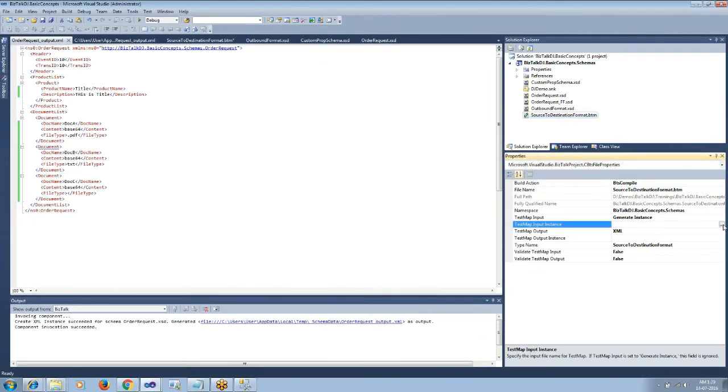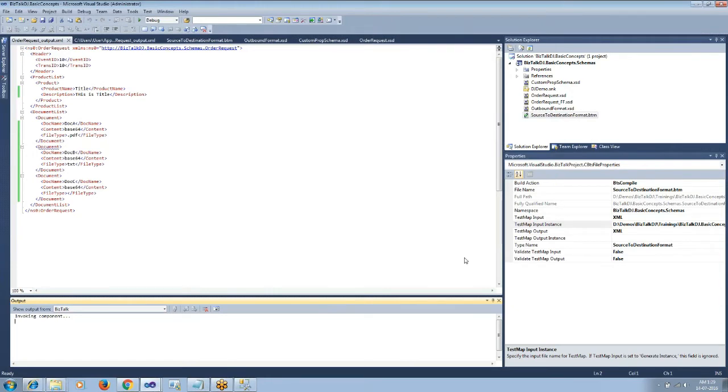Right click on the map and provide the input instance and then do a test map.